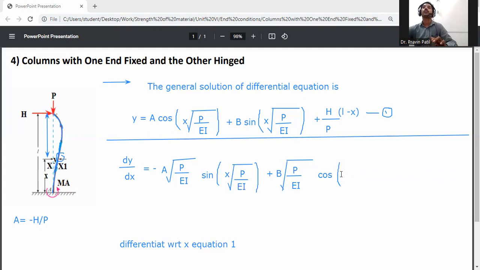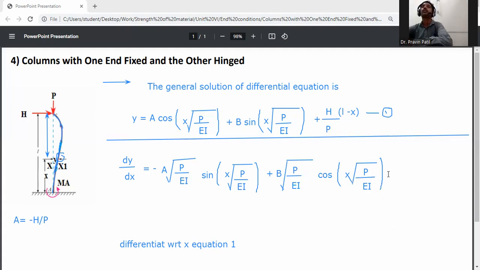X root of P by A, X root of P by A, root of P by A, P divided by EI, EI bracket close. Bracket close. Then now differential with respect to X. It will be solved this one bracket: HL by P,